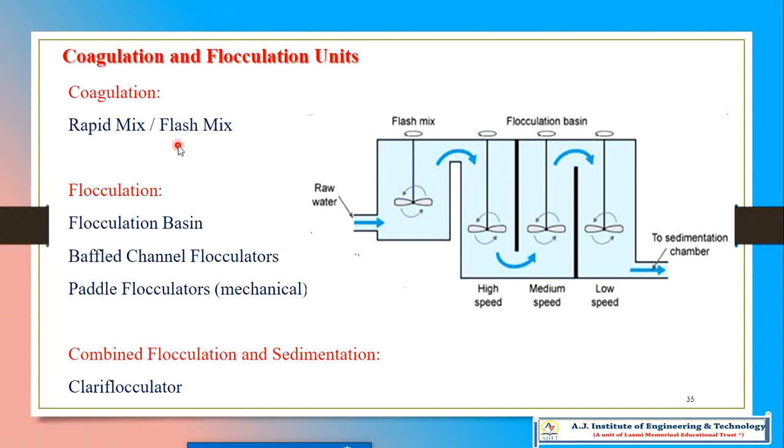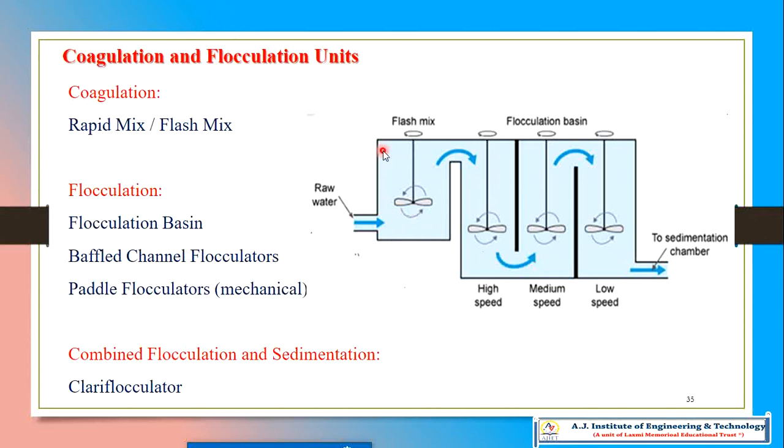that is rapid mixing or flash mixing, because as I suggested in the jar test, the rapid mixing should be there first, a flash mixing or rapid mixing at a certain RPM for 1 minute in the laboratory test. The same way we give the flash mix a certain period of time in the treatment plant. That is called rapid mixing. From the raw water enters to here in the rapid mixing tank.